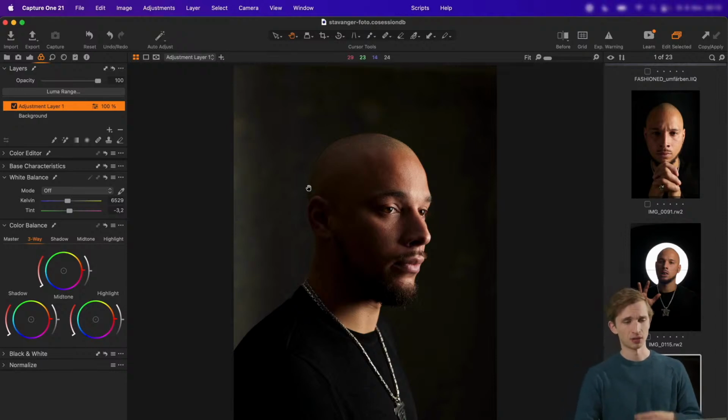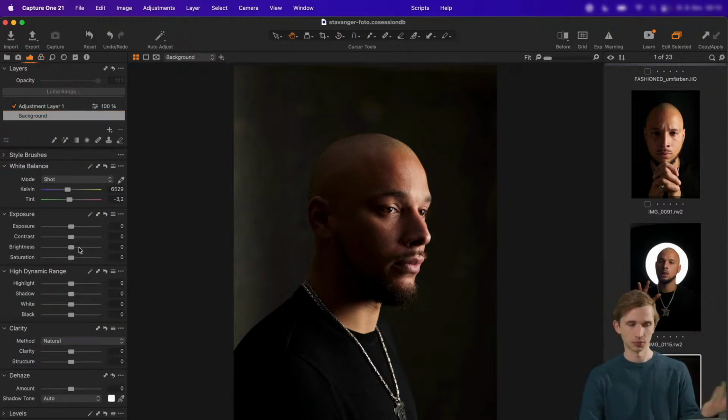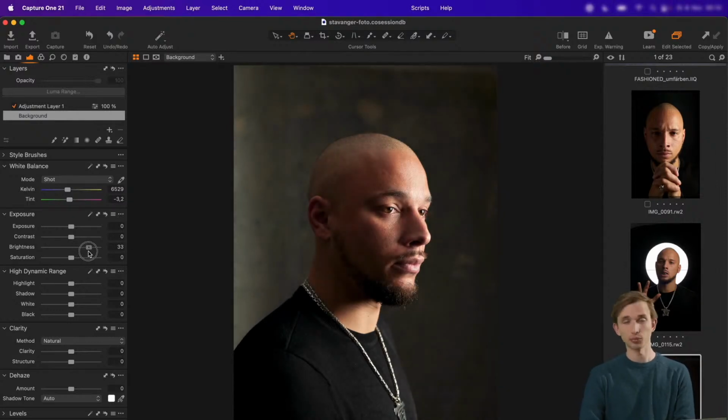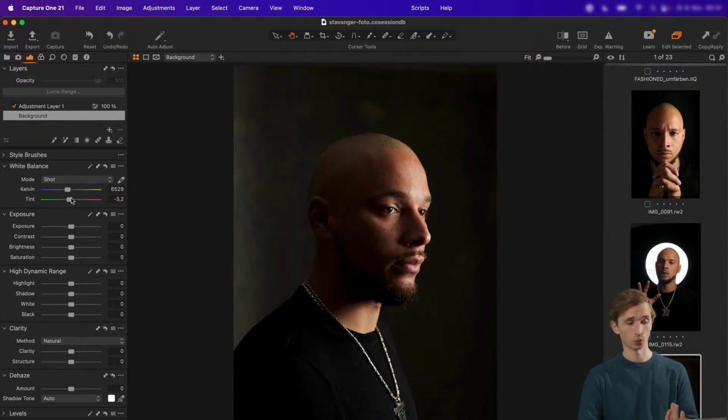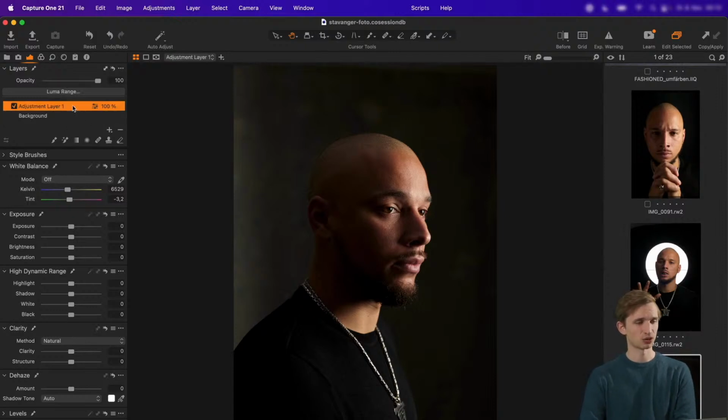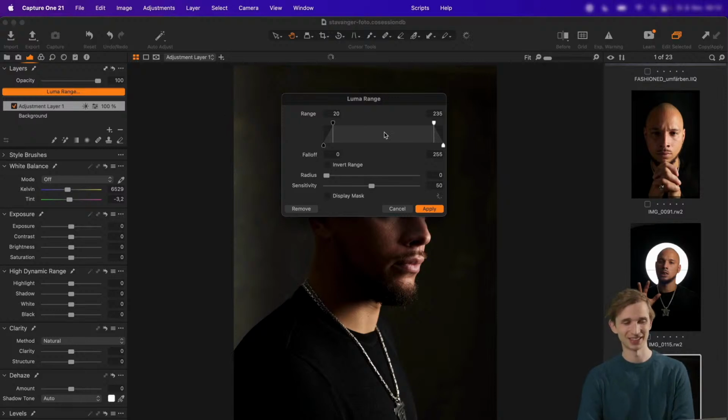And now my mission is to bring up the bright area you see here on this face, to get more touchable contrast only in his face. And if I use only brightness, then I will brighten up my complete image. So I don't want to do that. So I move back to my adjustment layer, click on Luma range, and now, ladies and gentlemen, here happens some magic. I will display my mask,